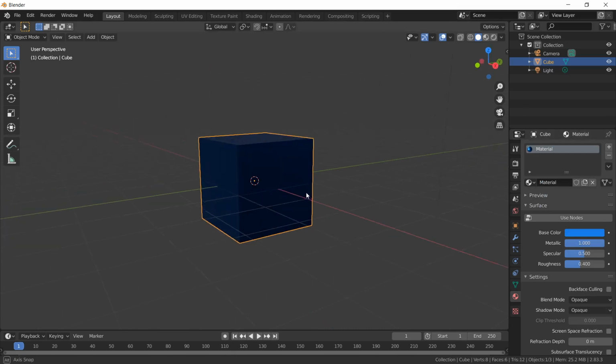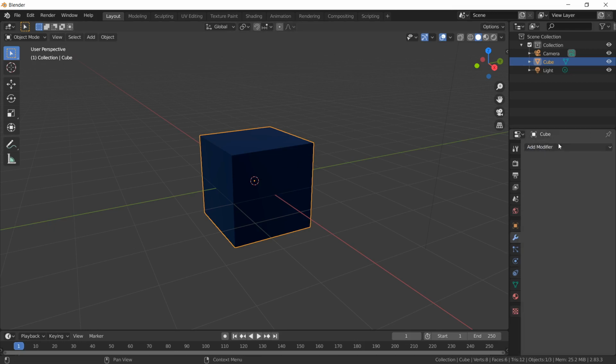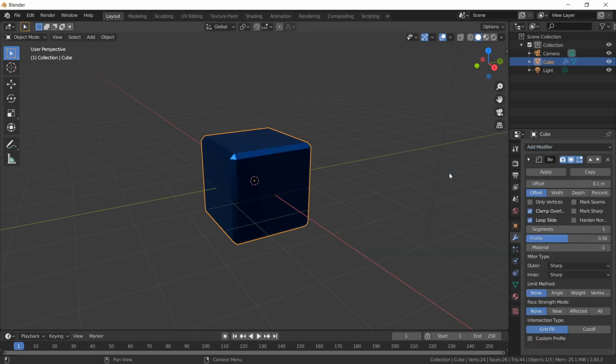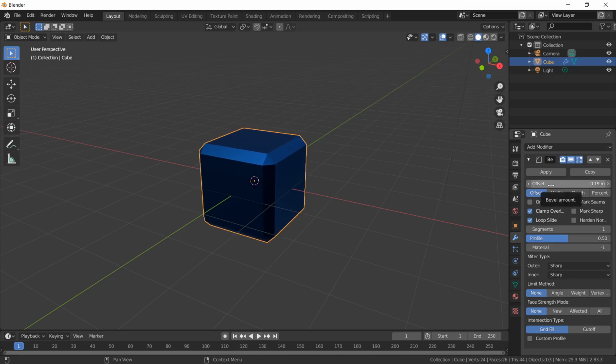Now let's add the first thing. Since the cube has sharp edges, but we want our dice cube to have smooth edges, let's add beveling to the object. For adding beveling, I will go to Modifiers, select Add Modifier, and go for Bevel. Here I have to set a proper structure. First I'm increasing the offset. You can see the explanation of these values in the video.